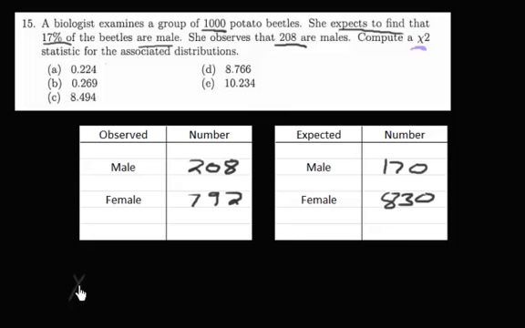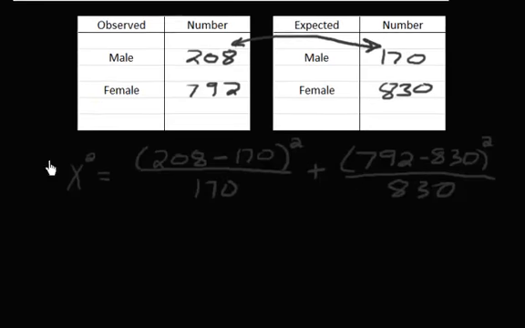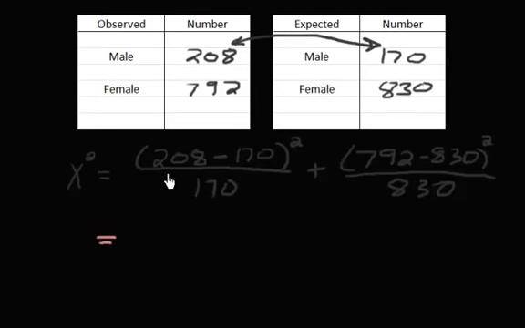All right, so we have our chi-squared is going to equal, so you take your first observed, 208, you subtract off the corresponding expected, which is 170, you square it, and then you divide by the expected, which is 170. Plus, and then you do it again, and you just keep going until you run out of all of your outcomes here. All right, so we have the observed, which is 792, minus the expected, squared, and then divide by the expected. All right, so plug all that into your calculator,